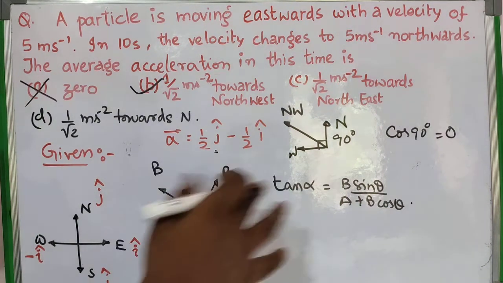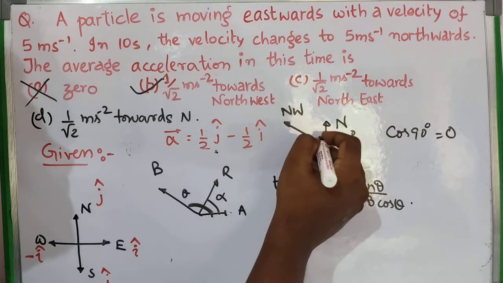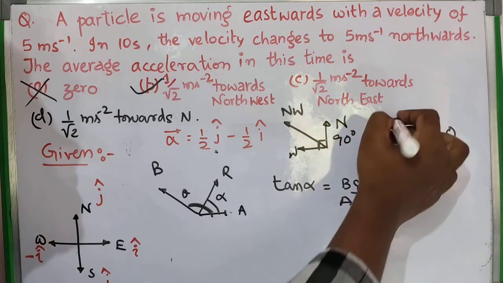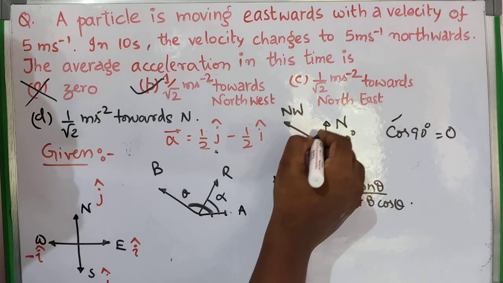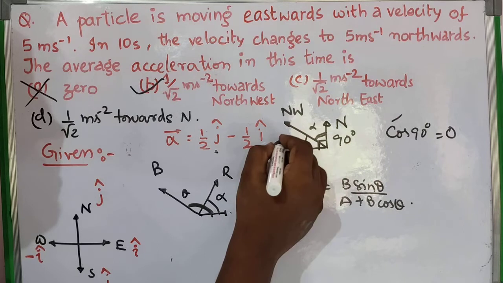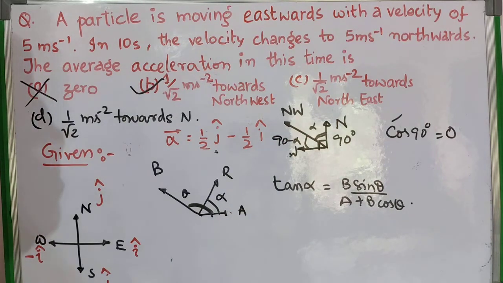So let's again come to our question. Which angle do you want? Any angle you can take, this theta or that theta. The theta is 90 degrees, confirm, right? So you can take either one as alpha. What would be the other angle? 90 minus alpha. The other angle will be 90 minus alpha.